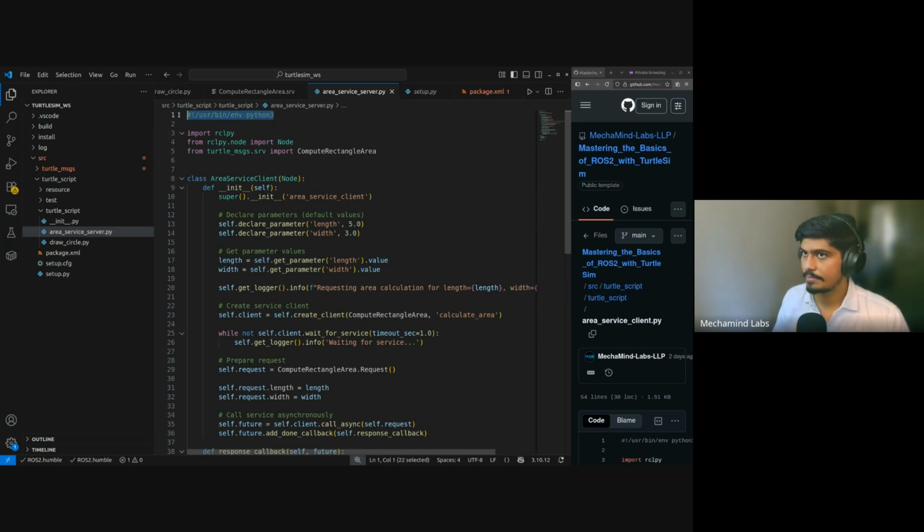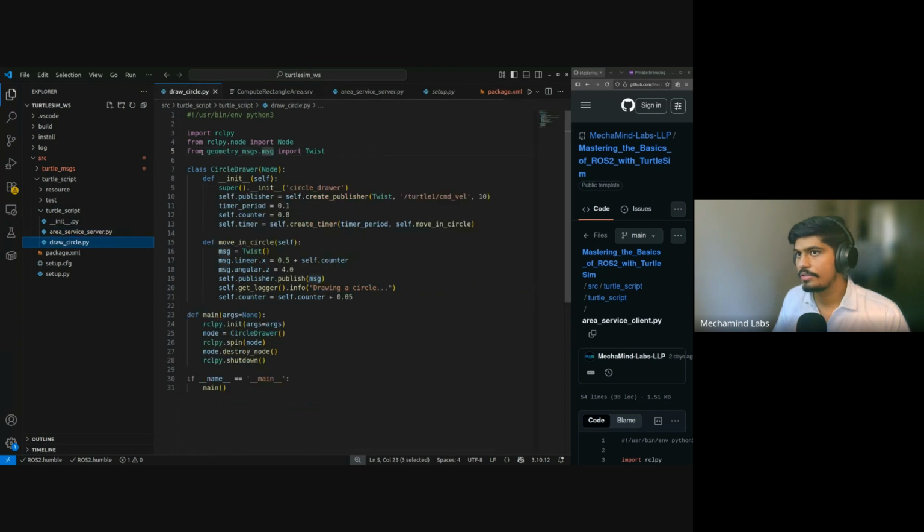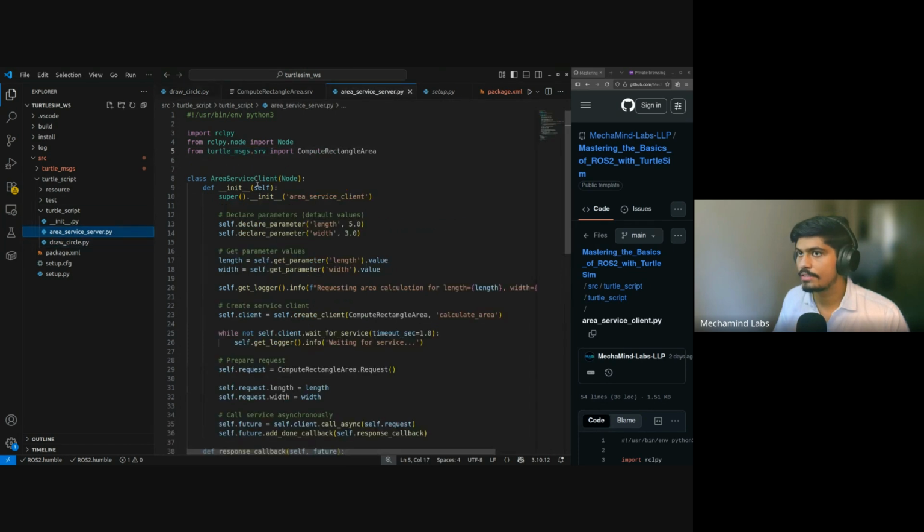Again, we have added the interpreter path. If we don't add the interpreter path, we have to manually make it into an executable. Then we have added the rclpy, then the node. Now this time you can see, in this script we were using geometry messages, and this was the Twist message which we were calling. But here we are,